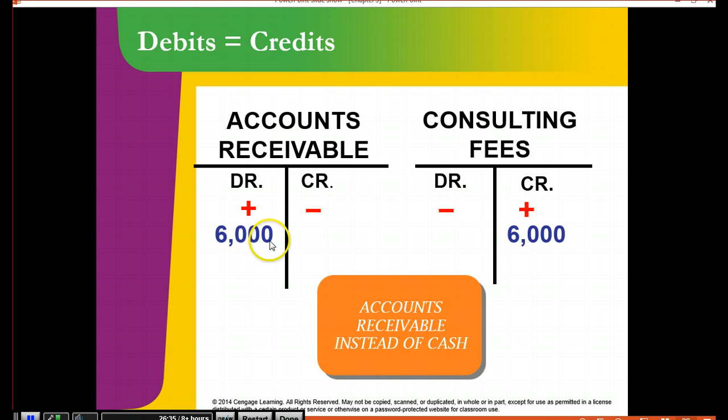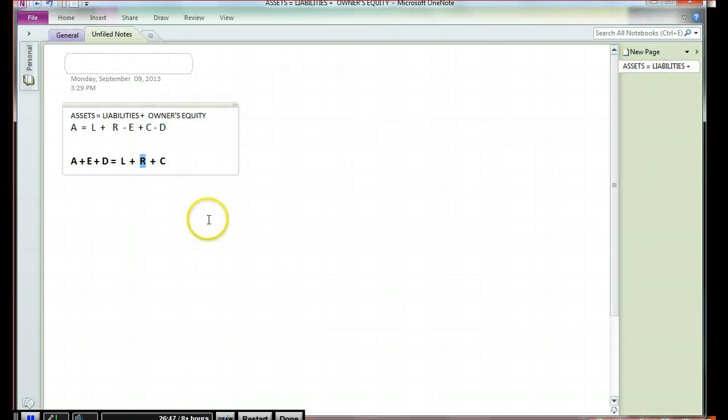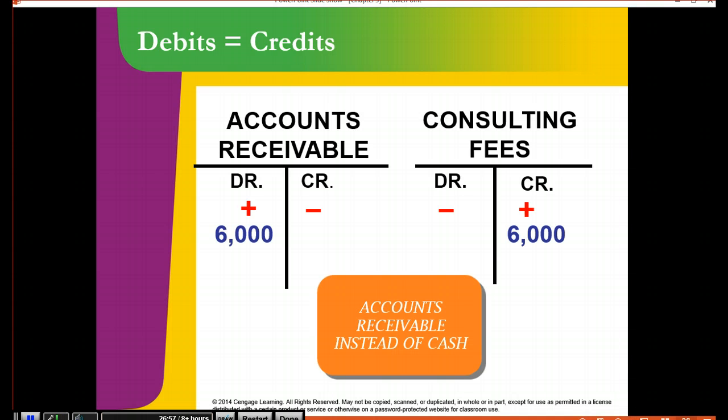Accounts receivable is doing what? It's increasing, right? The amount that's owed to you from a customer goes up by $6,000. Well, accounts receivable is an asset. If we look at we've got assets and revenue, so we know consulting fees was already over here, plus on the right, minus on the left, and then my assets are plus on the left and minus on the right. So the increase in accounts receivable, the increase in consulting fees revenue,